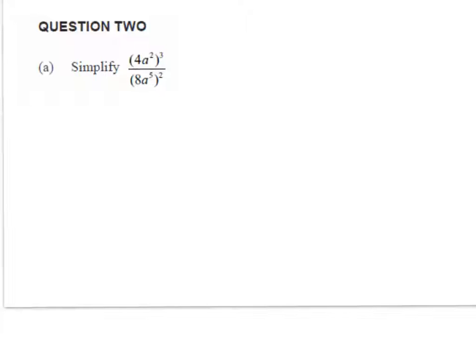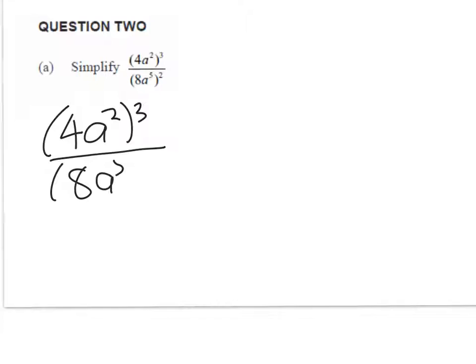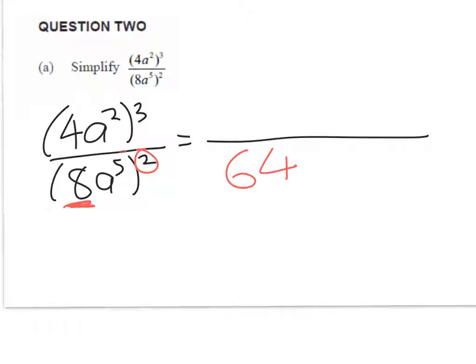Okay, so the first question is an exponents question. I'm just going to write it out again to make sure you can all see it. So there's 4a squared cubed over 8a to the power of 5 squared. Right, so we'll work with the numerator and denominator separately. If I look at this 8, I need to square it, so that gives me 64. A to the power of 5 is squared, so I multiply the powers together and I get a to the